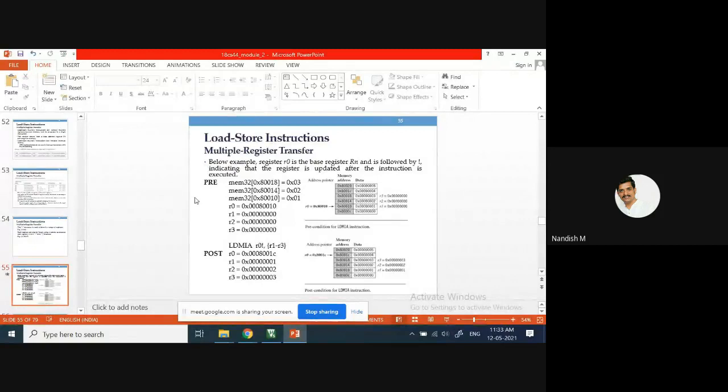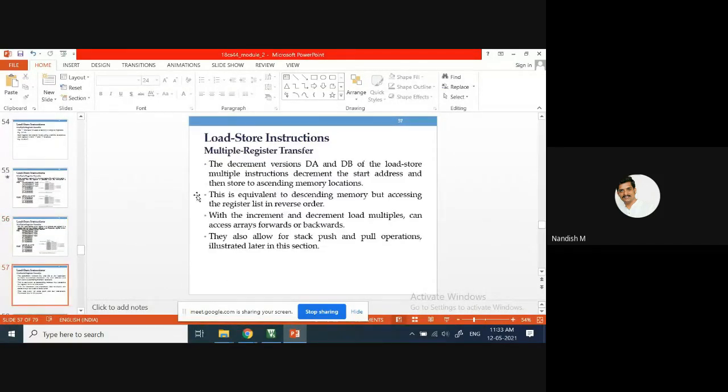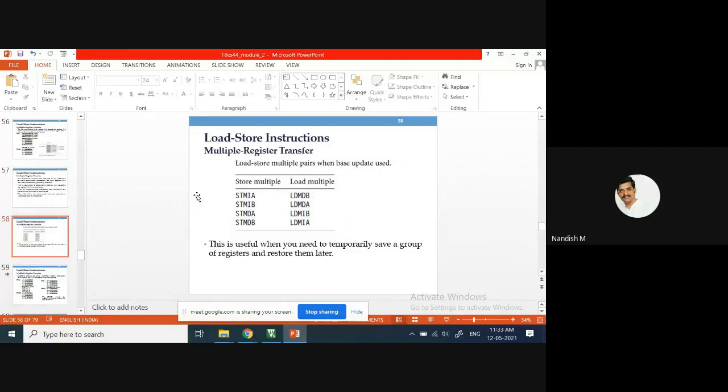I'll show with one example where exactly we have some stack operation. In order to store the instructions in, increment after or increment before, decrement after or decrement before.